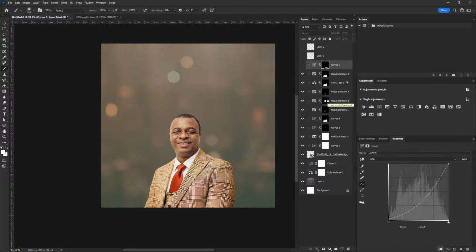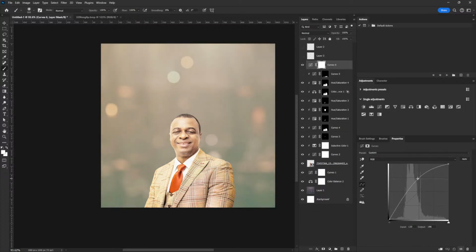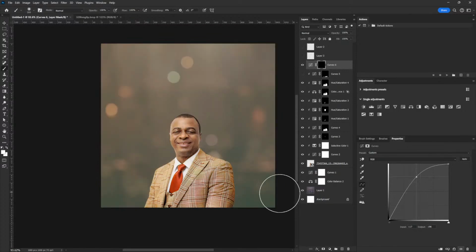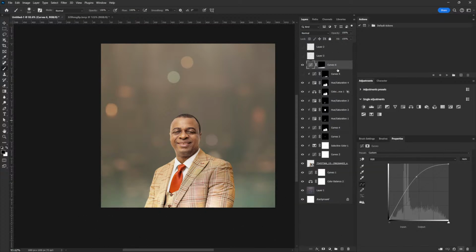All right. So what I'm going to do is I'm going to hit curve again this time, and I'm going to move this up like that. All right. And hit Ctrl I to reverse the mask. And then I'm going to bring back the curve to the project, like so. All right, yes, then we are going to